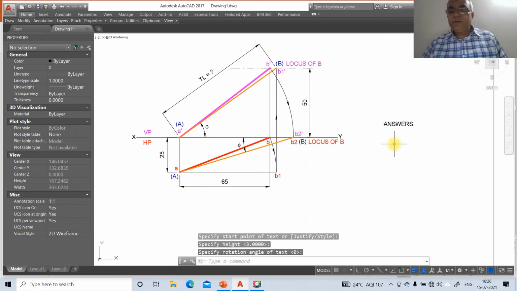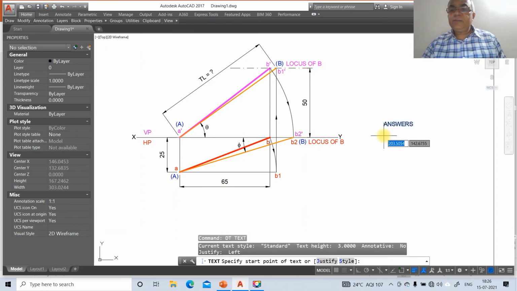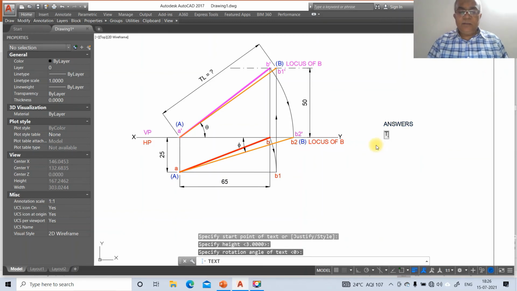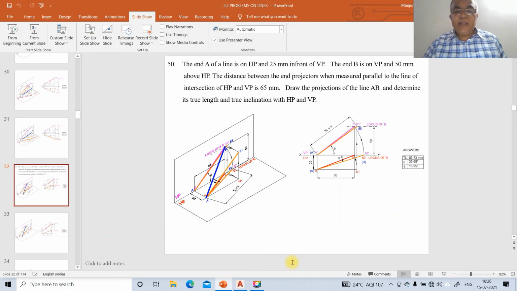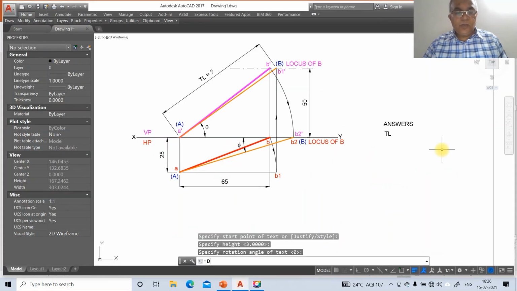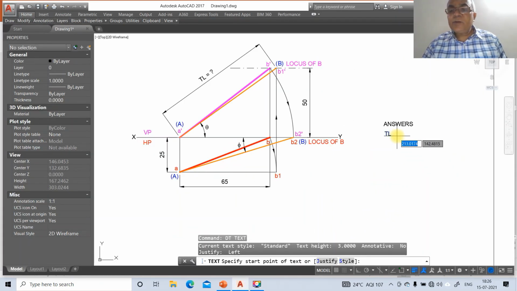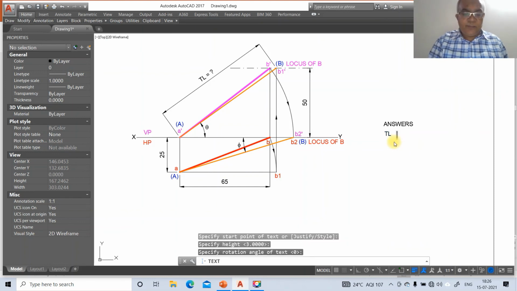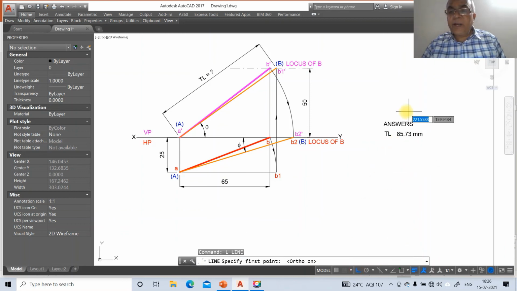So here first we are going to write true length, TL. So here the true length is 85.73. Go to dtext. So here 85.73 mm. So now we need to go for line command.